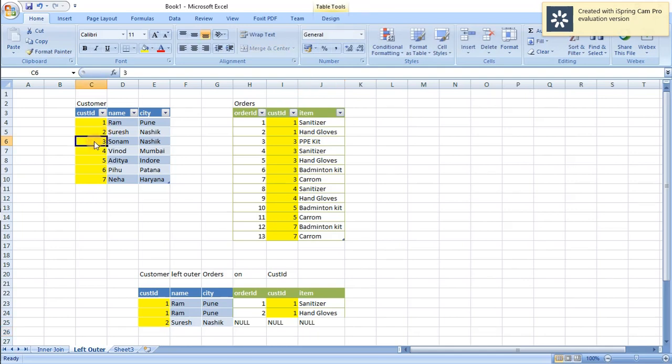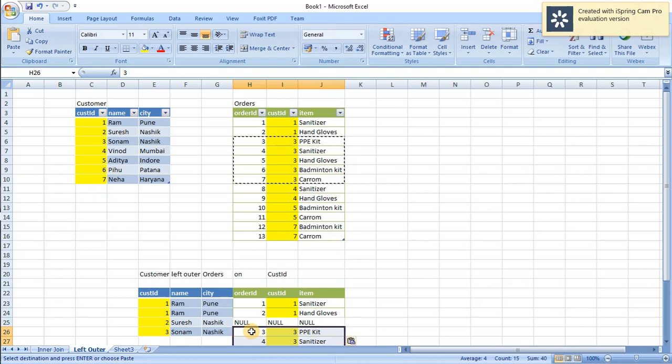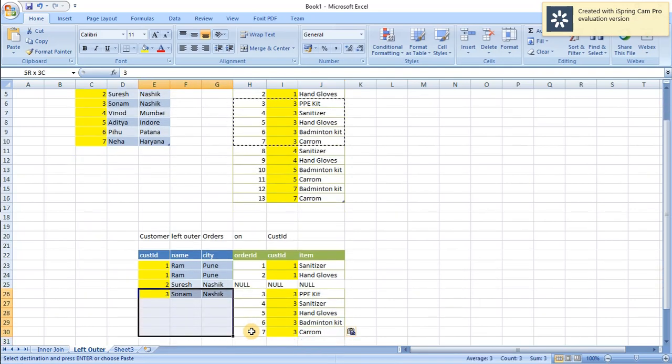Likewise, customer ID equal to 3. If we can see here, there are a bunch of purchases made by customer ID equal to 3. So that will be the result of this left outer join. Customer ID equal to 3 has made 5 purchases. It purchased 5 items, so there will be 5 items for this customer ID equal to 3. So this customer ID equal to 3 is replicated 5 times.